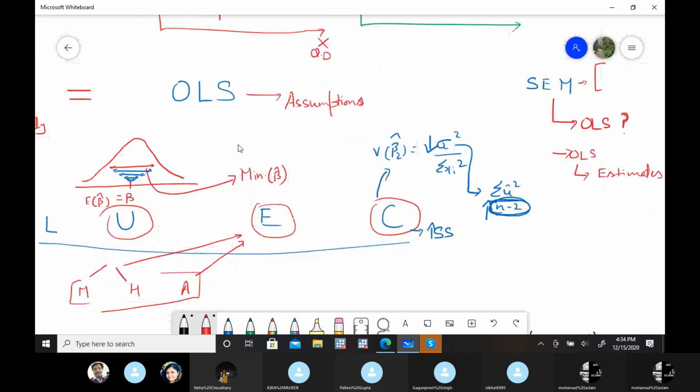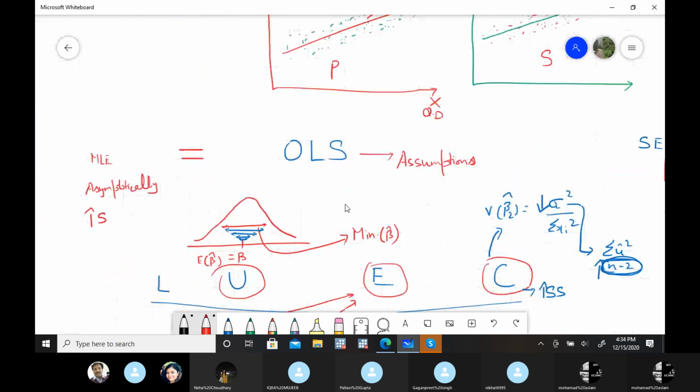These are the four things. All of econometrics, now you can cross verify, all of econometrics revolves around this. Unbiased, efficient, consistent, OLS method, MLE, as I told you yesterday. Everything revolves around this. One might say econometrics is tough and difficult, but everything revolves around this. You just have to find the linkages between all these things: if there is any problem, what effect does it have on the outcome, and what is the solution in the book or methodology. That's the thing you have to take care of.